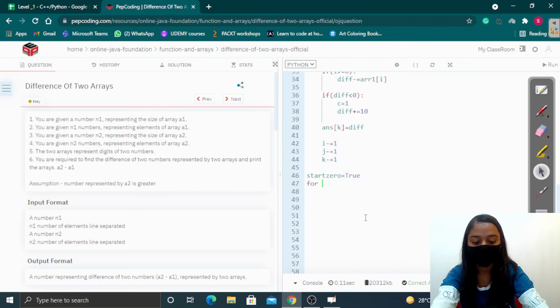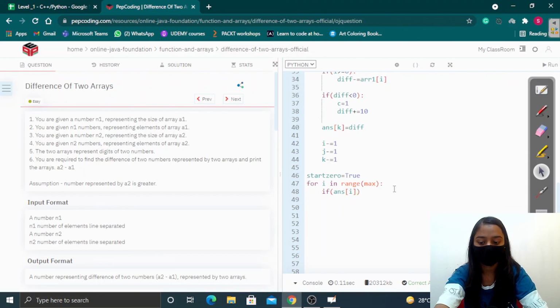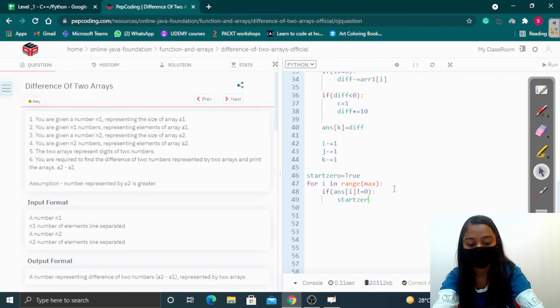Okay. Now we are going to run a while loop till the size of answer array. So the size of answer array has been stored in max variable. That's why we are running our loop till max. Now we will check if answer array element at ith index is not equals to 0, means if we are encountering our first non-zero element, then we are going to make this flag as false.